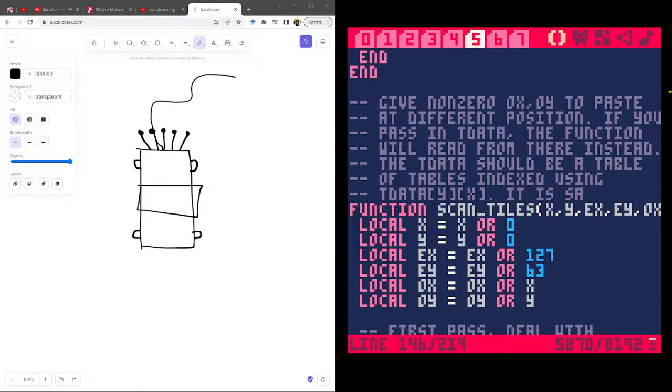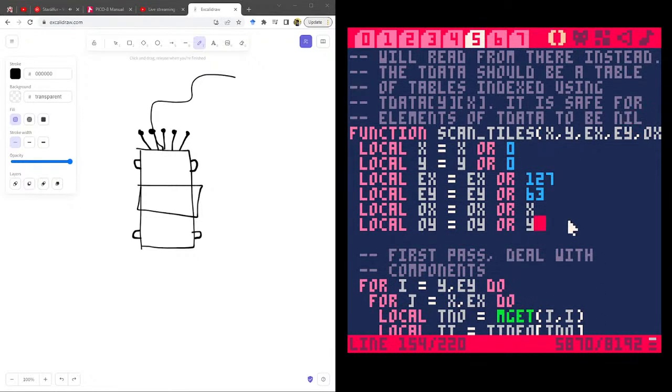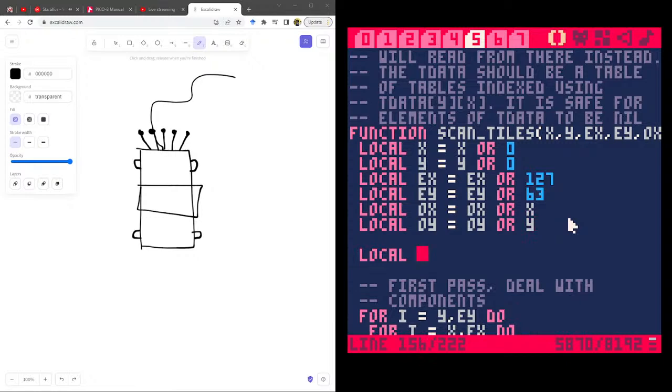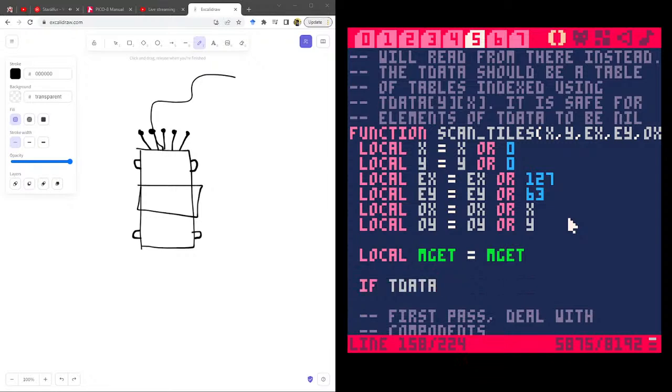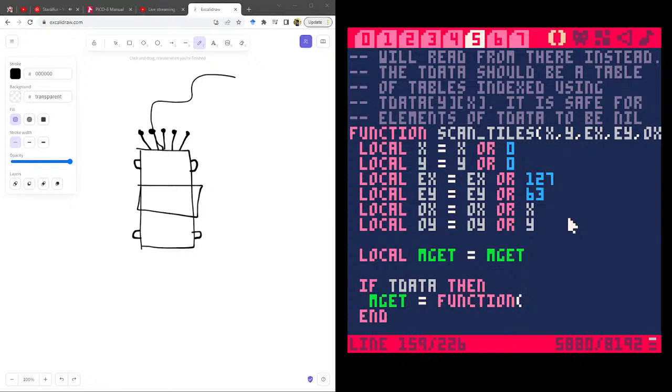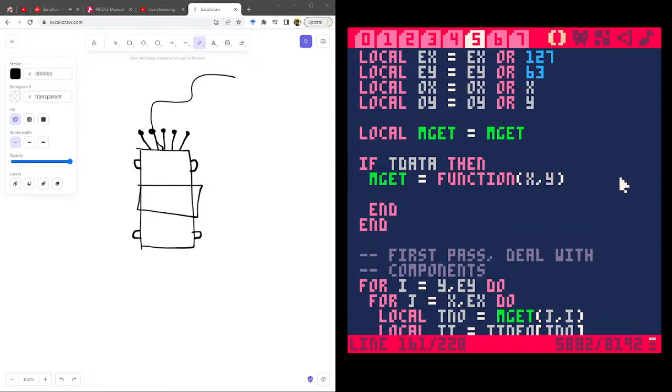It is safe for elements of t data to be nil. Okay? So what we will do